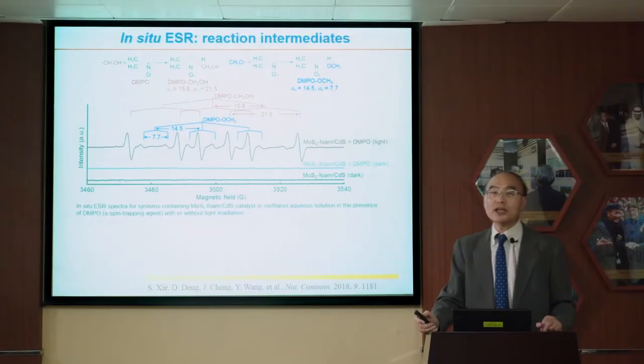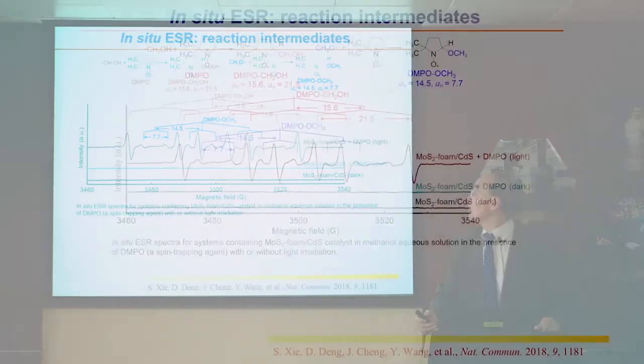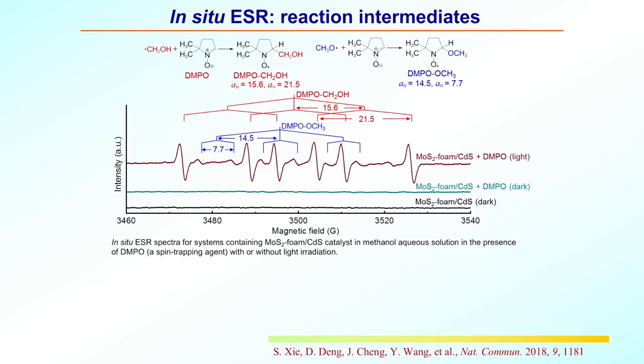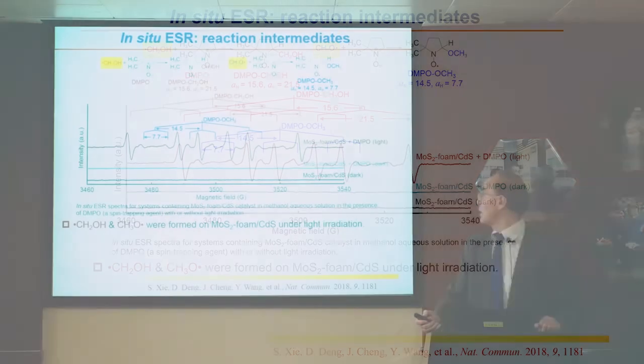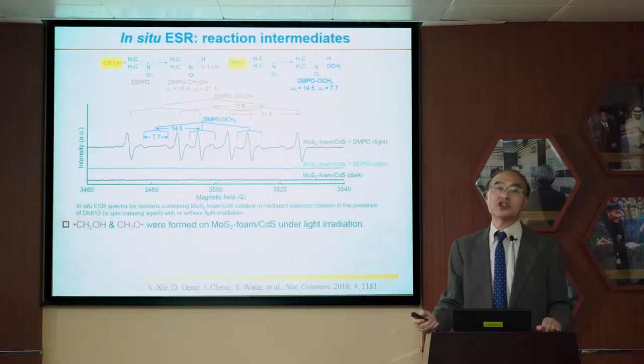So we performed in situ ESR studies to characterize the radical intermediates. Our results show that both hydroxymethyl radical and the methoxy radical were observed on our catalyst under light irradiation, and